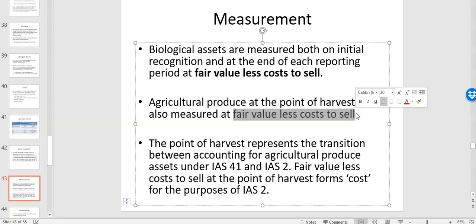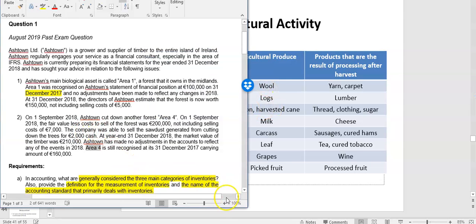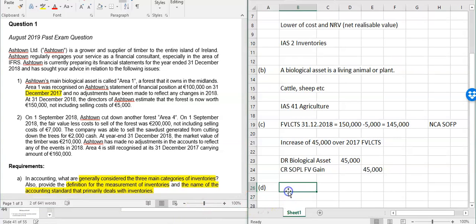Once the harvest is over, that value turns into, in inverted commas, the cost for IAS 2. So once you harvest something, once it goes from a forest into timber, it changes from biological asset into inventory. And that's an important distinction. So number one, you fair value the